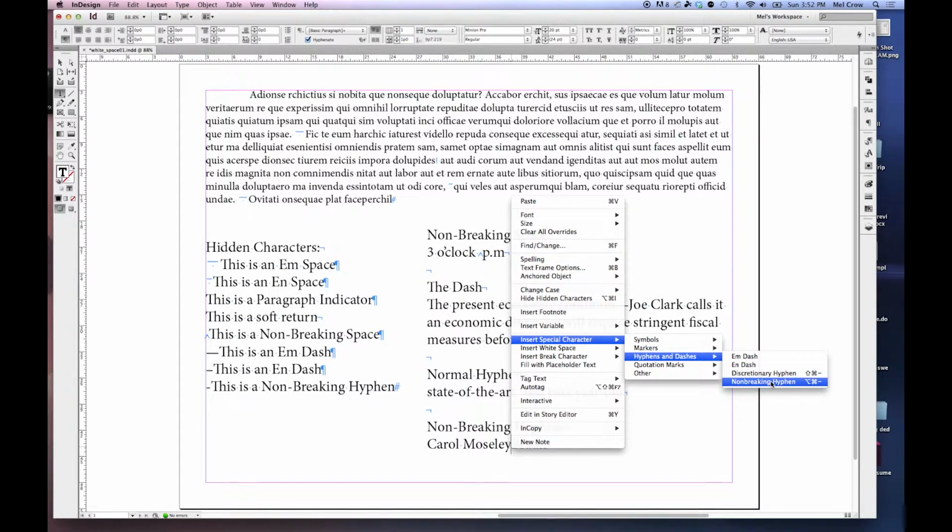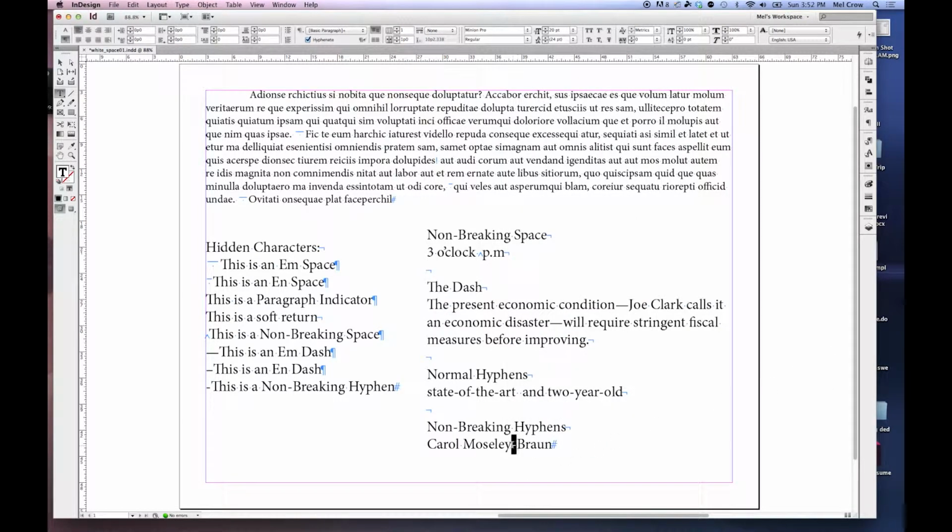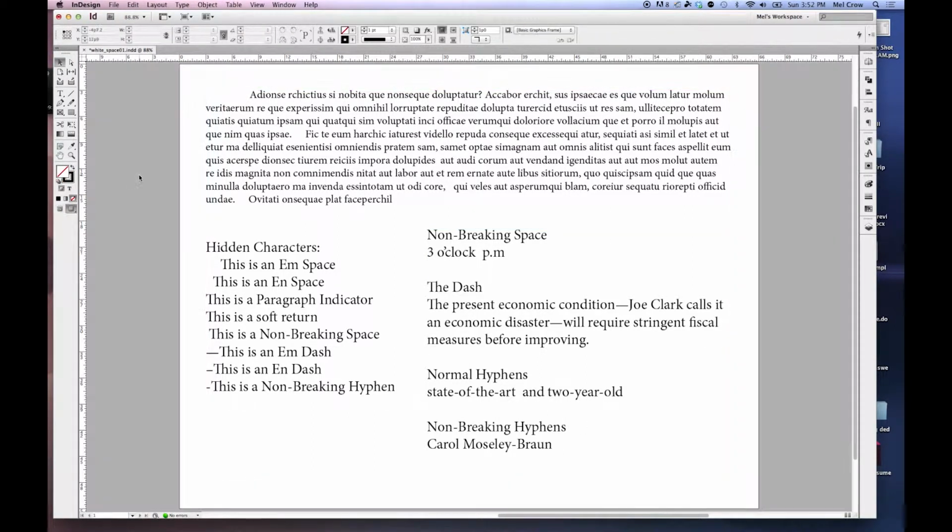In this video, we've discussed how to add paragraph and line indents and how to add white space where needed. With the Hidden Characters feature turned on, we can see non-printable characters and paragraph indicators. I can also see an M space, N space, a non-breaking space, and hyphens. These words will stick together no matter the width of the text box. M dashes in between thin spaces. Normal spaces are marked by a simple dot.